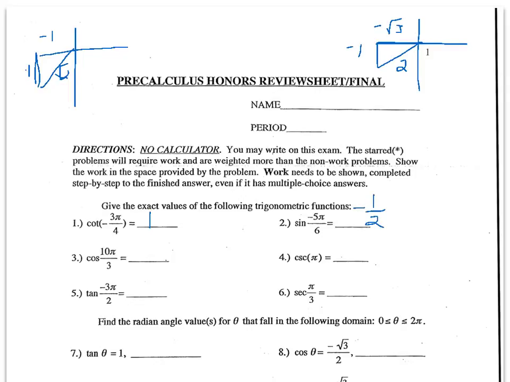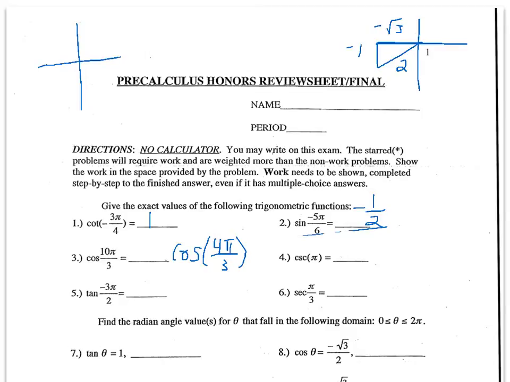10 pi over 3 is over 2 pi, so we want to find a coterminal angle before we draw it. So if I subtract 2 pi from 10 pi over 3, it's kind of like I'm subtracting 6 pi over 3. So we really want to find the cosine of 4 pi over 3, since they're the same angle. So 4 pi over 3